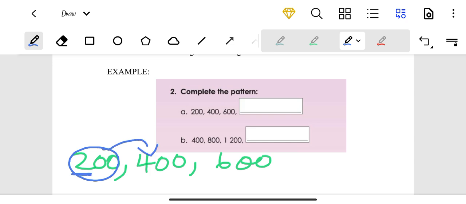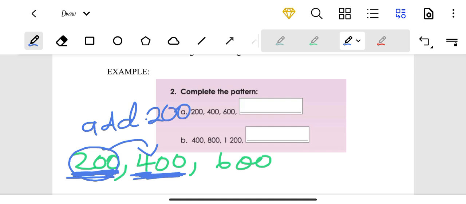So now you check, okay, what happened to this one for me to get that one? So for me to come from 200 to finally have 400, what happened? You can see that we added. That's the first thing that you do. You check, okay, what happened? Did they add? Did they subtract? We can see that they added. Now you check, what did they add? So if we say 200 plus 100, do I get 400? No. If I say 200 plus 200, do I get 400? Then yes, so it means that we are adding 200.